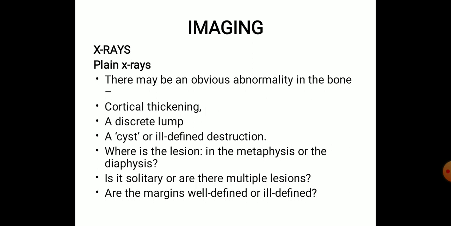So whenever we look at the X-ray of bone tumors, we have to define what type of bone is involved, where the lesion is in the bone, whether the margins of the lesion are well defined or ill-defined, whether there is any calcification in the lesion, whether the cortex of bone is destroyed or not, whether there is any new periosteal bone formation, and we also need to look for whether this abnormal growth is extending to the surrounding soft tissues.